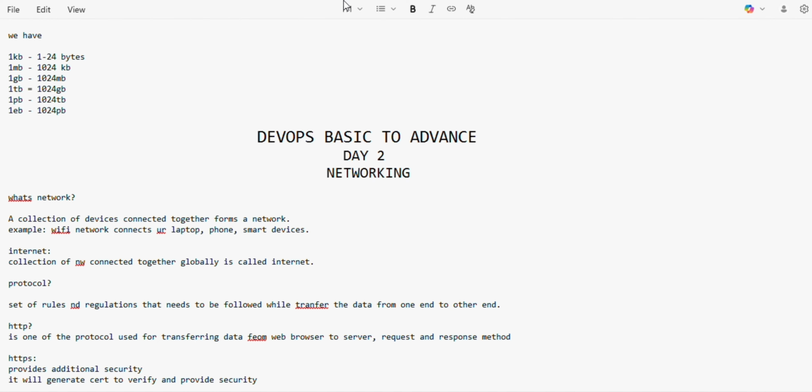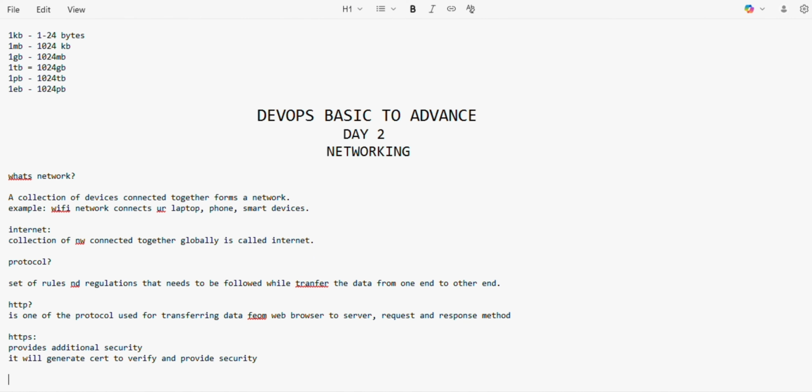So, who will have this certificate? The website owner will have this certificate, and they have to renew that certificate every year. That is a different concept, but you just need to know it contains additional security and it will generate a certificate to verify.